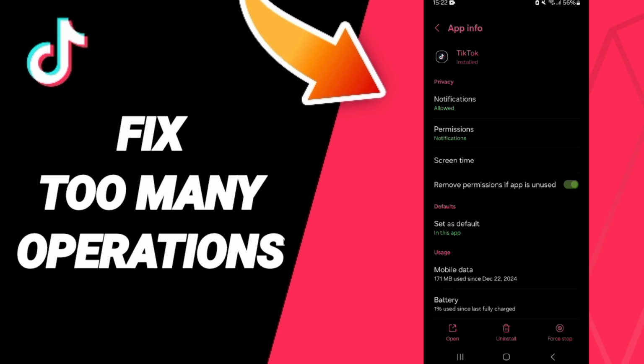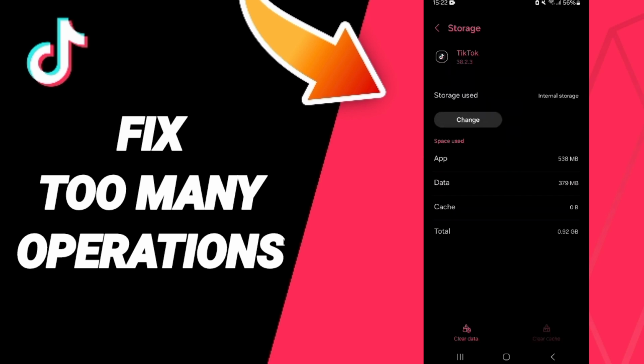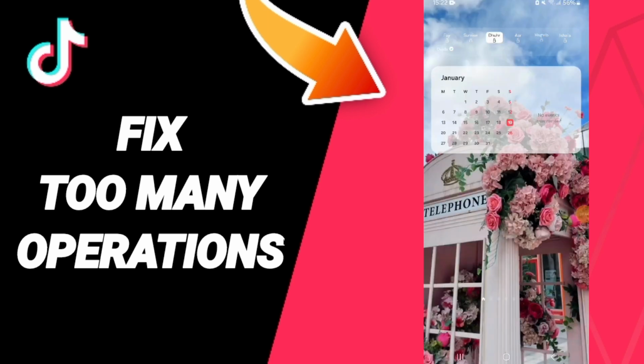Here in this page of app info, you will go to force stop and you will click OK. Here you will enter the window of storage. Then we click on clear cache. In the end, you can turn off your phone and wait a moment to restart your phone again